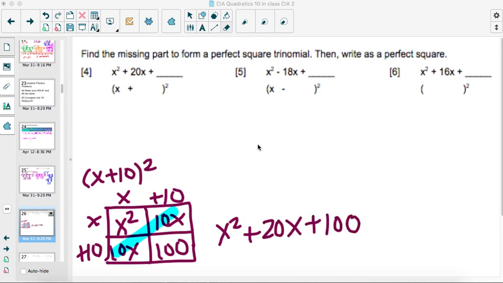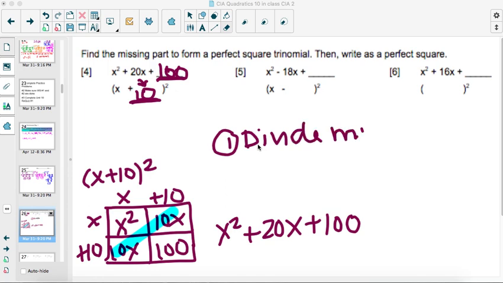Plus 100. So what I'm asking you to do is to tell me what the original perfect square is and tell me what completes it to make it a perfect square. So if we notice, 10 plus 10 is 20, 10 times 10 is 100. So here's the pattern. We divide by 2, so 20 divided in half is 10, and then we square the number, so 10 squared means 10 times 10, which gives me 100, and that's going to match what I just did down below. So if you want to write the steps down,